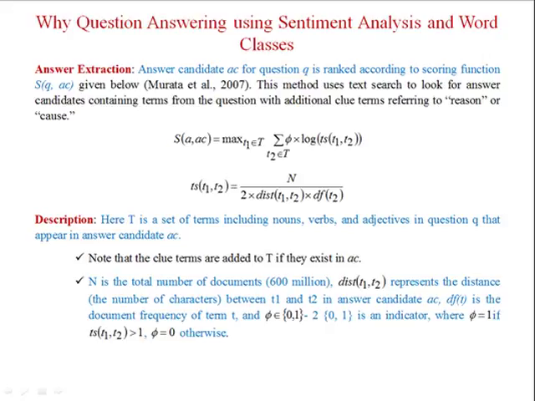Now the next part is answer extraction. It extracts the candidate answers from the given documents. For that it uses a very simple scheme. An answer candidate AC for question Q is ranked according to the scoring function S(Q, AC). Here AC represents the candidate answer and Q represents the question. So the formula is